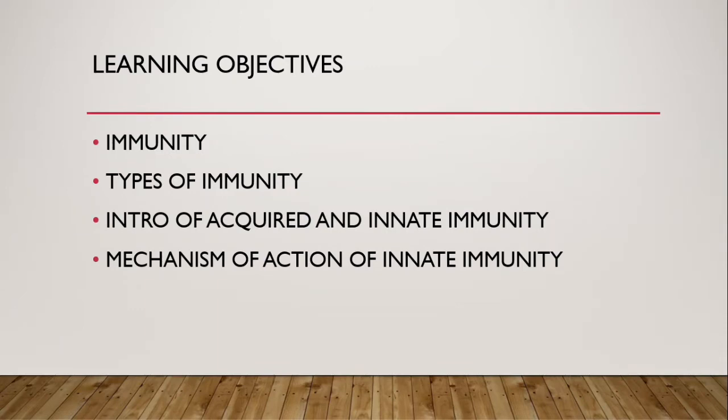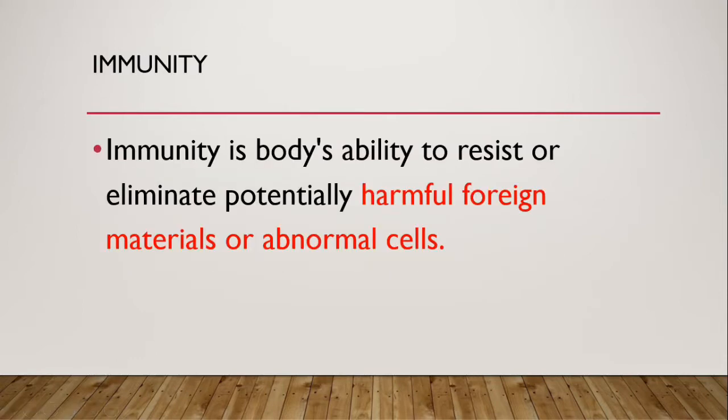The topic of our discussion is the definition of immunity, the types of immunity, a brief overview of acquired and innate immunity, and the mechanism of action of innate immunity. That includes the components of innate immunity, the cells involved in innate immunity, and the receptors involved in innate immunity. First of all, the definition of immunity: it is the body's ability to resist or eliminate